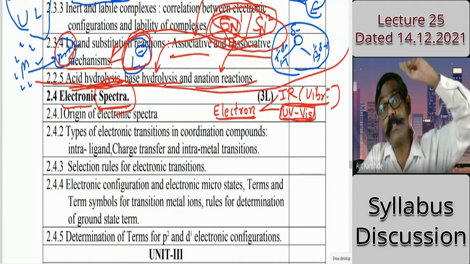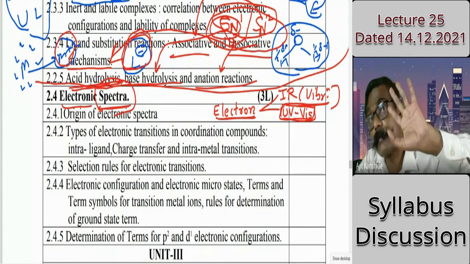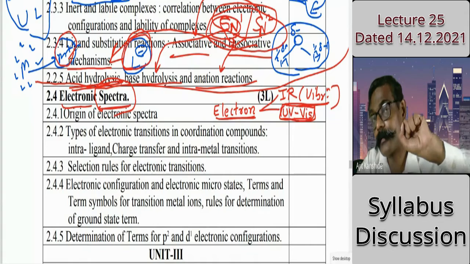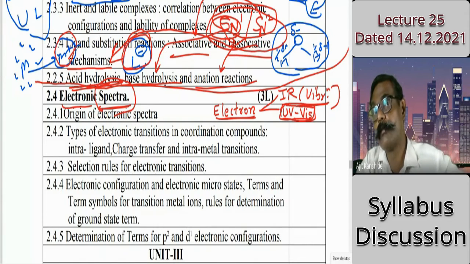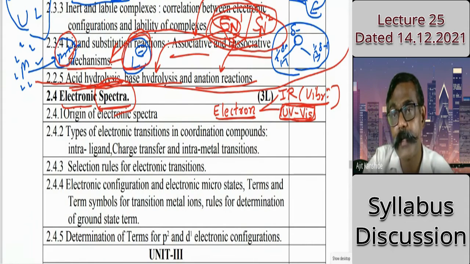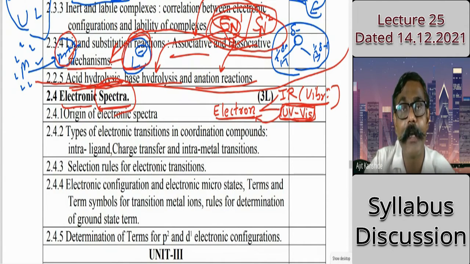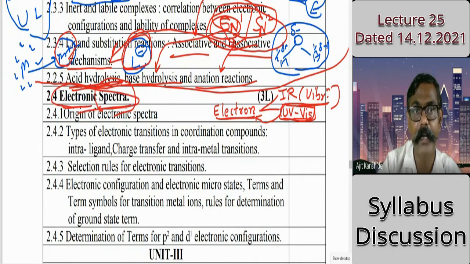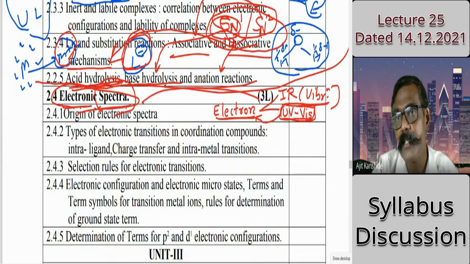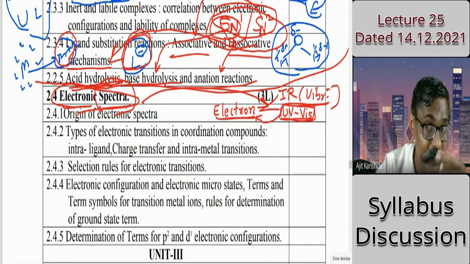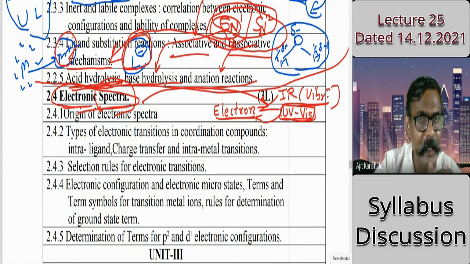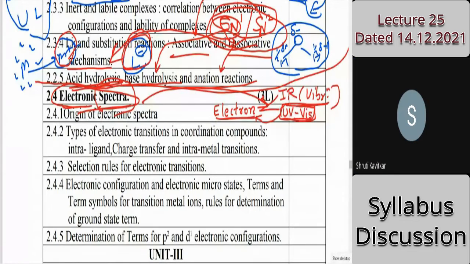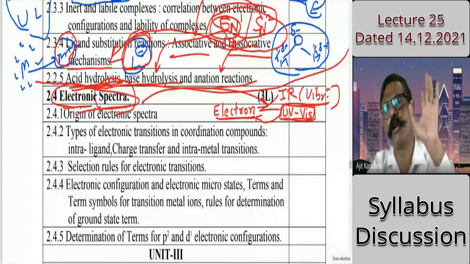So if UV visible transitions are used and some of them are partly absorbed, then the result you get is a spectrum, that's the UV visible spectrum, and that is due to electrons, due to the electronic energy level. So electronic spectra, that's our topic. Electronic spectra, also called UV visible spectra, about which we are discussing. Do you remember you studied that last semester? Yes, sir. Now you have to suggest one more spectra.